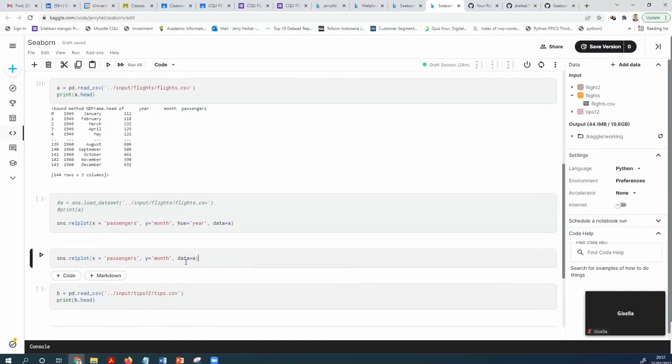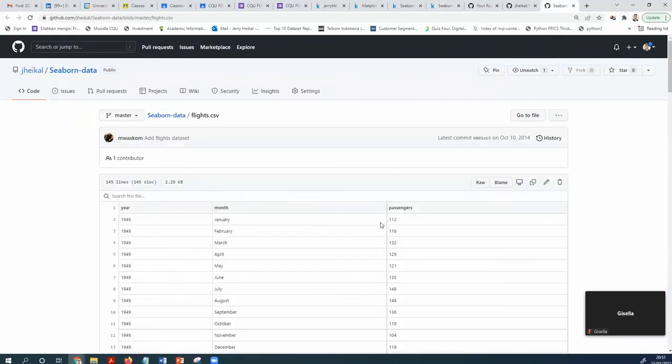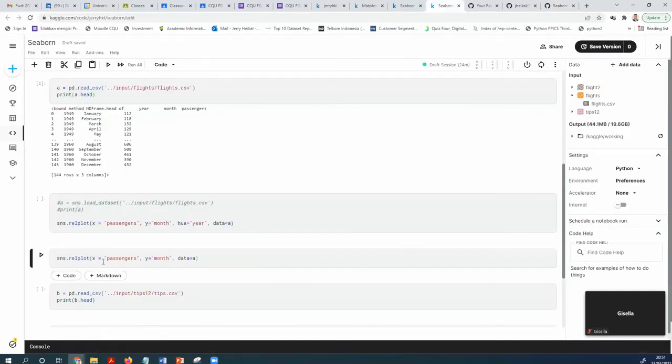From this data, I would like to see passenger as X and Y as months, so the data will be horizontal, something like that. Let's see it.